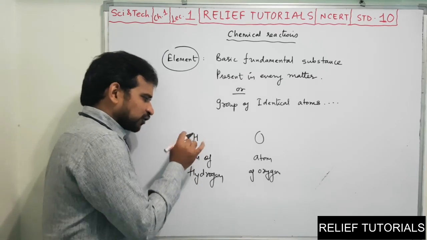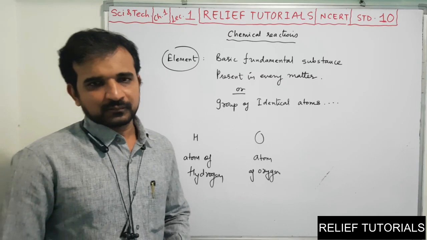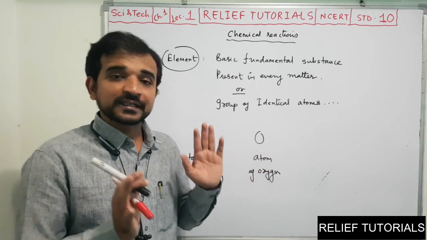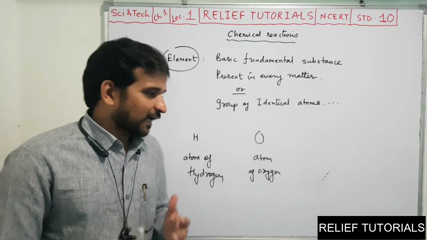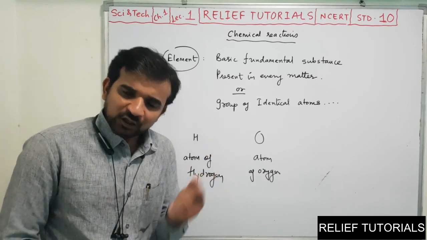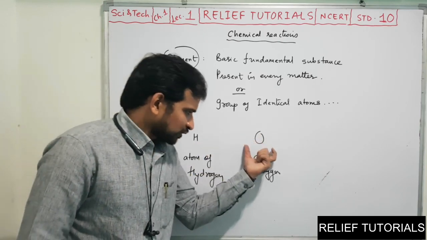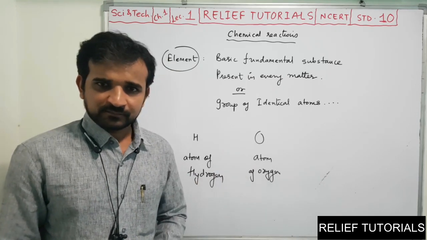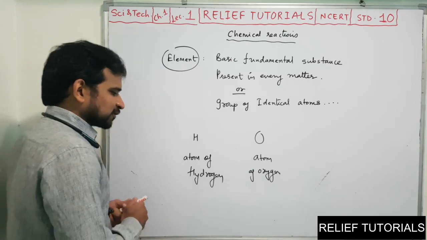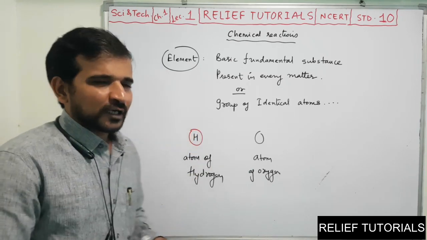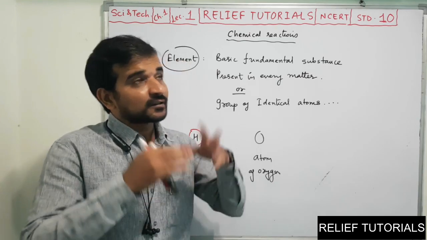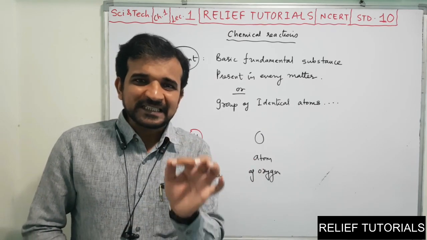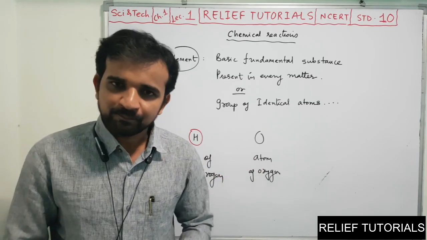But the question is, if you think about one atom of hydrogen, whether this one atom of hydrogen is available in nature or not, whether hydrogen exists in this single atomic form, whether oxygen is available in single atomic form in nature. No, hydrogen is not available in single atomic form. If you try to find hydrogen in a single atomic form in nature, in air or in water, wherever you look, it will not be available in independent single atomic form.